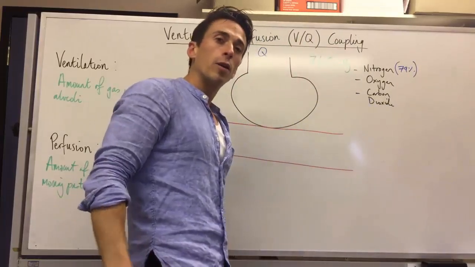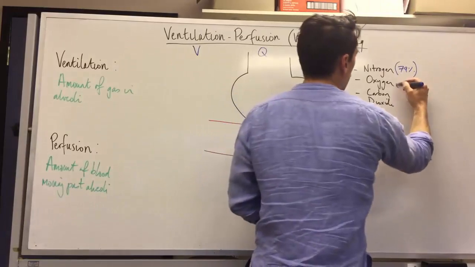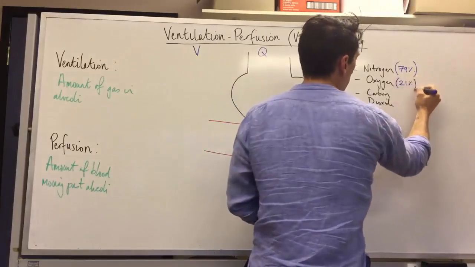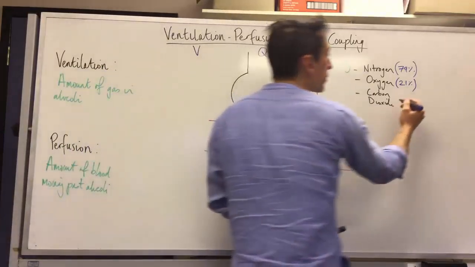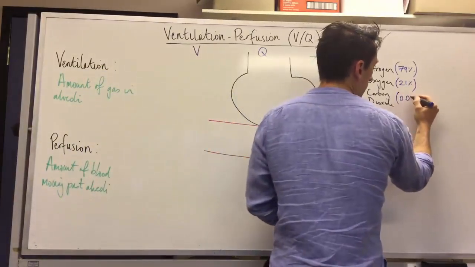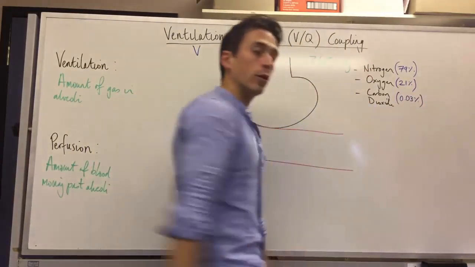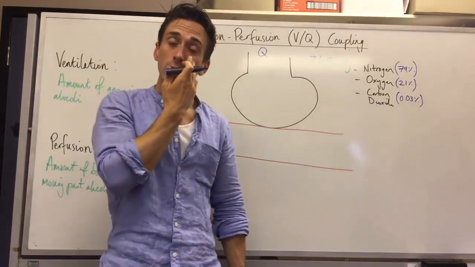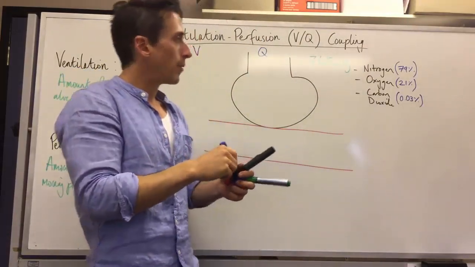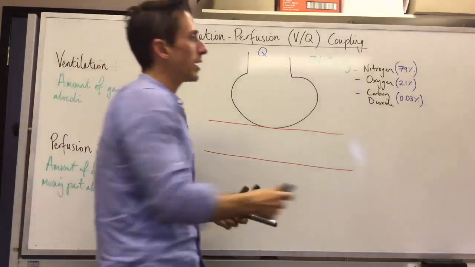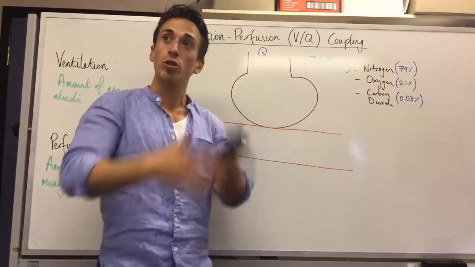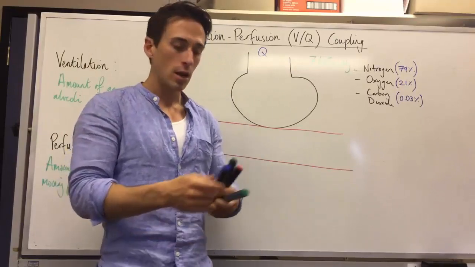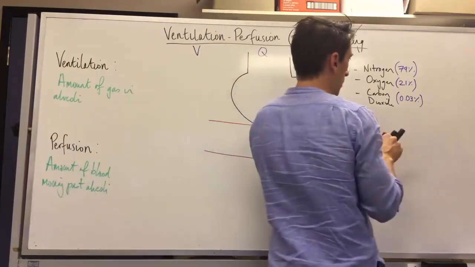You'll find that around about 21% is oxygen. And you'll find around about 0.03% is carbon dioxide. So there's not much carbon dioxide in the air that we're breathing right now. Now, that means that if I were to take 79% of 760, I have the partial pressure of nitrogen in the atmosphere. Okay? And we would write that as